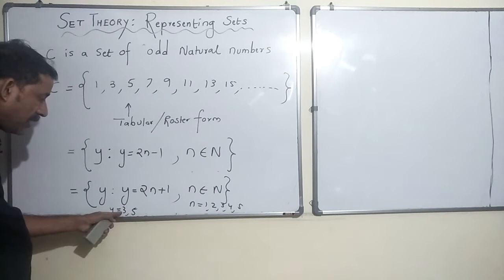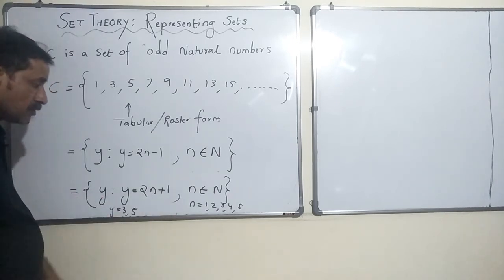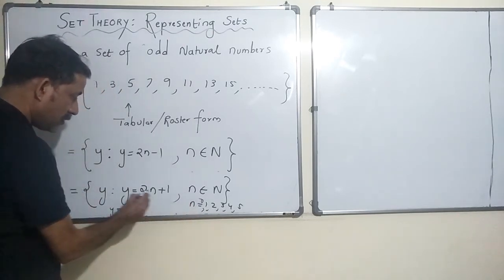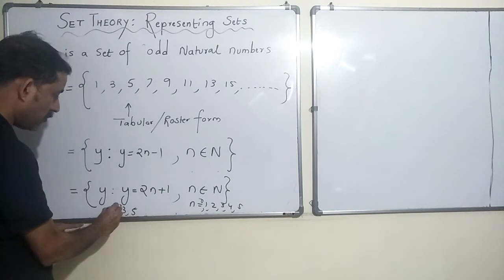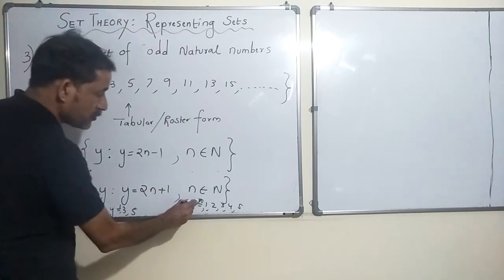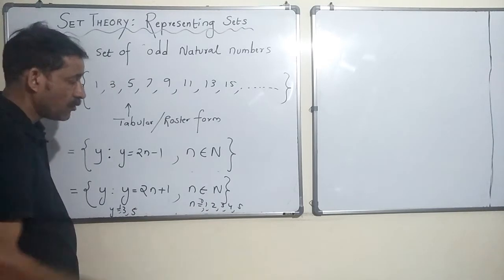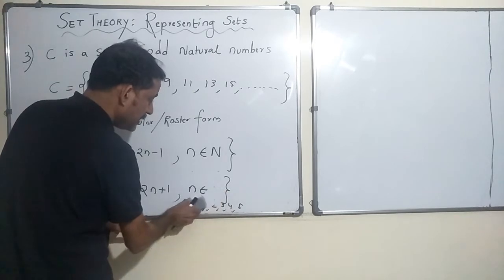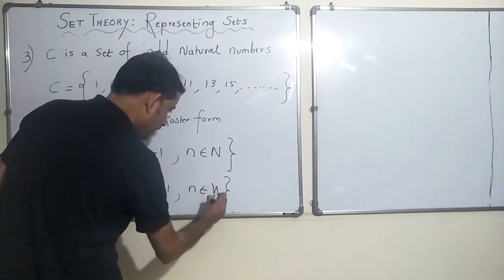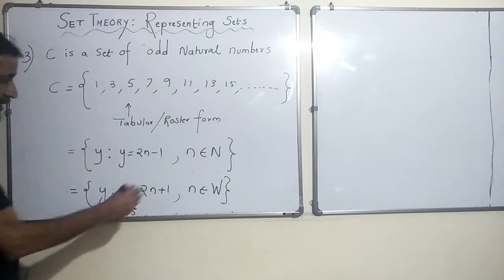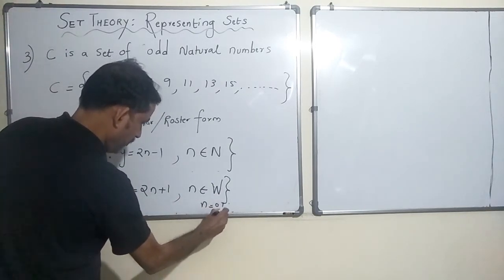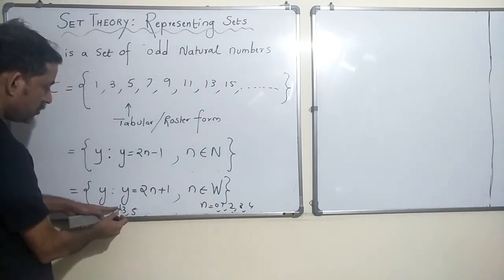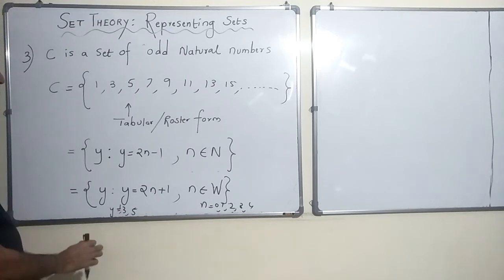Somehow we are not getting a 1 here in this case, right? 2n plus 1. So what should I do? There should have been a 0 here somewhere. If 0 was here, 2 into 0, it would have been 0 plus 1, and Y also 1 would have come. In which case do we get 0, 1, 2, 3, 4, 5, 6, 7? Only in the case of whole numbers you will start from 0. So in that case, n is a whole number, and it will start from 0. So if it is 0, 2 into 0 plus 1 is 1. So you will get 1, 3, 5, 7, just like the earlier one, right?